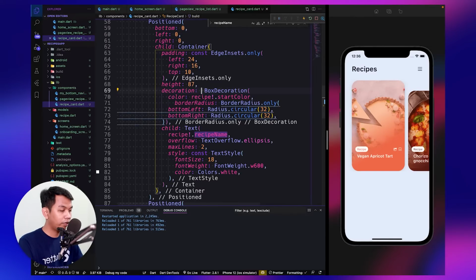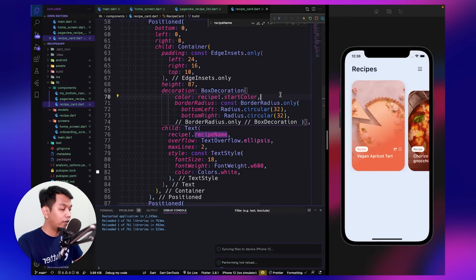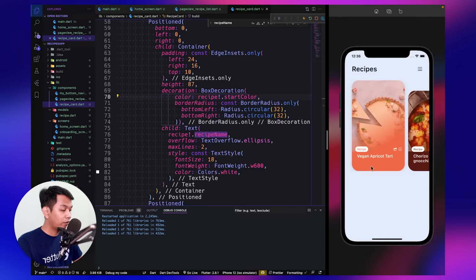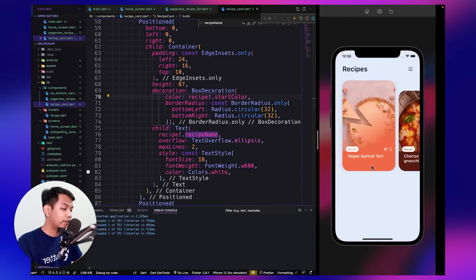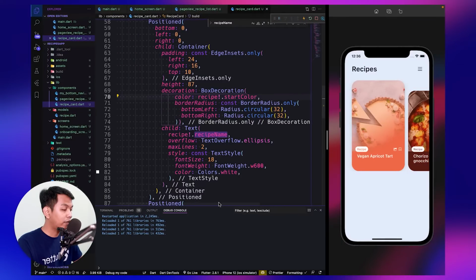Okay, so we remove this, and let's add this. So look like this. We have container. Let's see the design. Okay, container. And we have this linear gradient.